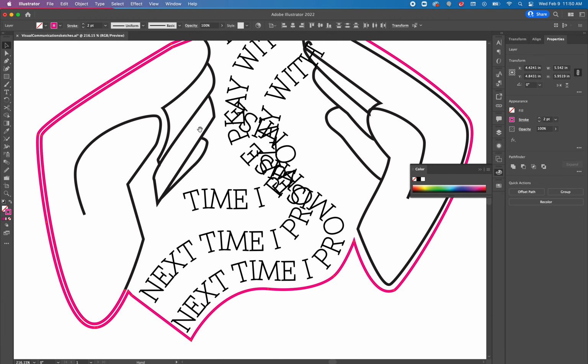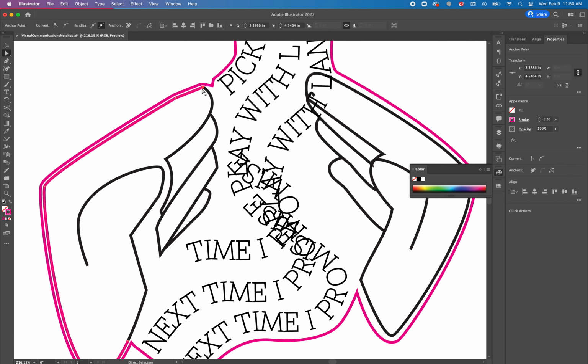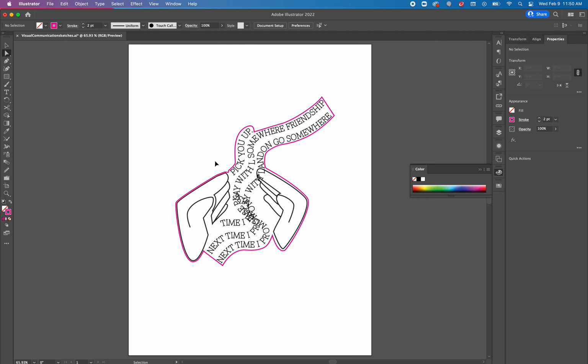Now if you notice, this one I need to take out. So as soon as you change the color, you'll start seeing kind of your imperfections here. There you go. So now I have my design and the cut line. The final step